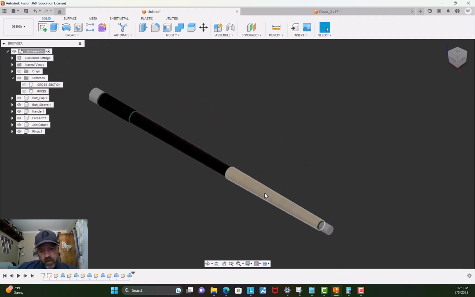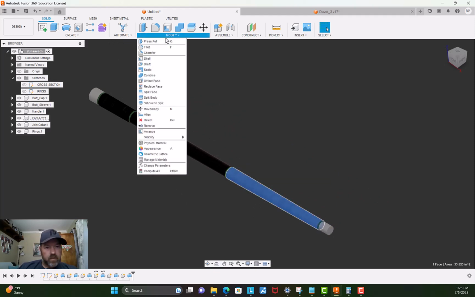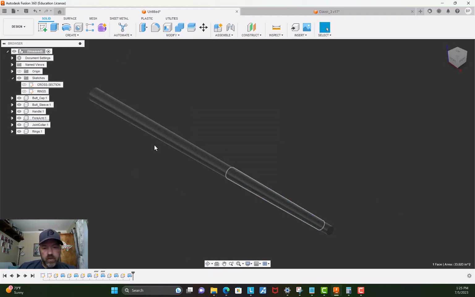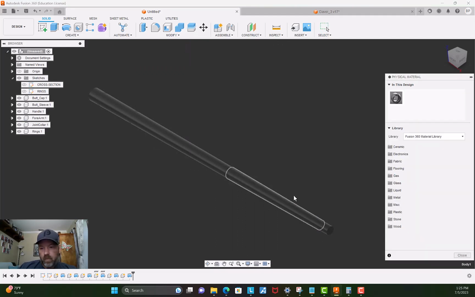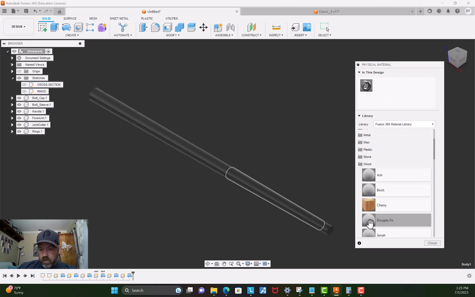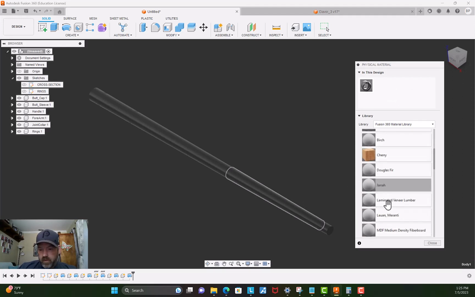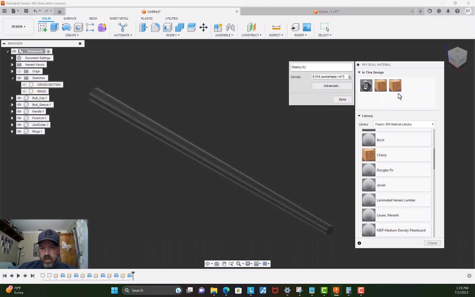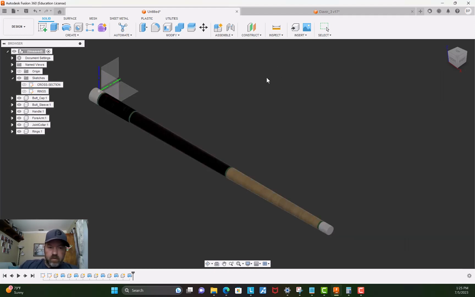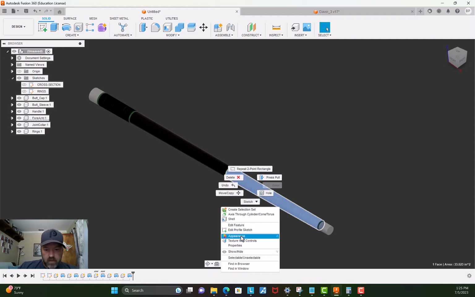So for example, if I click this here and I go to modify and I hit physical material, and I hit wood, and so I want this to be, let's just pick cherry, and I want to duplicate this, and I want to edit this, change it to, oops, I'll get back through